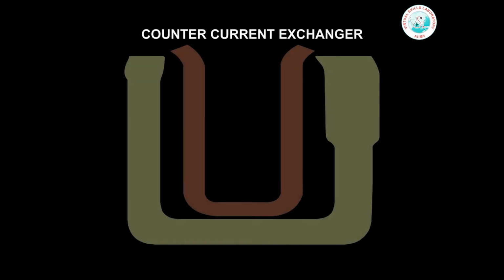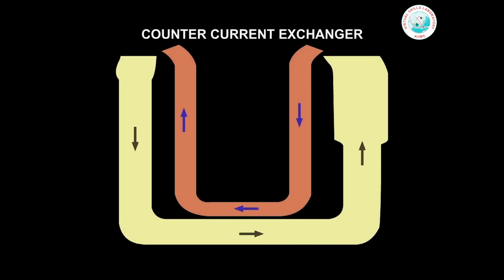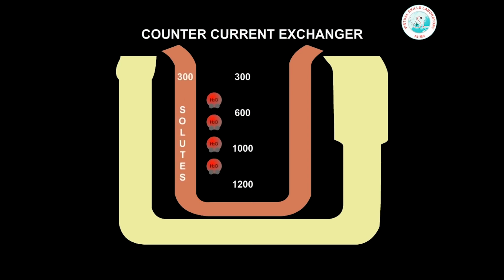The vasa recta help prevent this medullary hyperosmolarity from being dissipated by acting as counter current exchangers. The walls of the vasa recta are freely permeable to both water and solutes. Water and solutes are passively exchanged between the interstitial fluid and the blood of vasa recta as a result of counter current flow. As vasa recta is going down, it is getting surrounded by more and more hyperosmolar interstitium. So it throws out water and takes up solutes. So from 300 it becomes 1200 in the deep medulla.